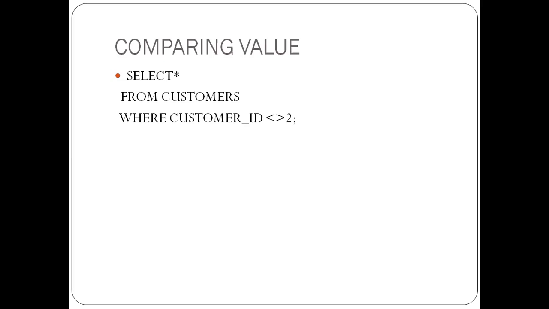Select all from customers where customer underscore. So this one is saying select all from customers where customer underscore. Now this operator is not equal to. You can see it's a combination of less than and greater than. Less than and greater than. So that means not equal. Okay? Not equal to 2. So the system will give us